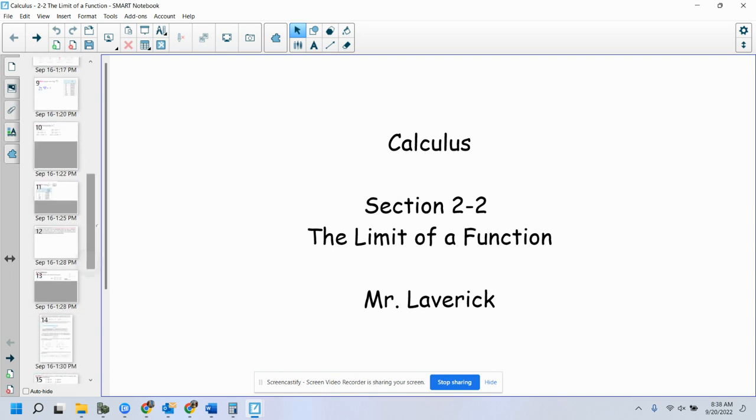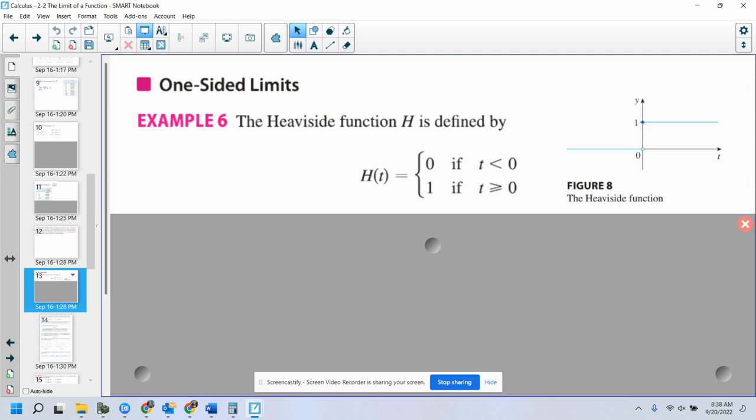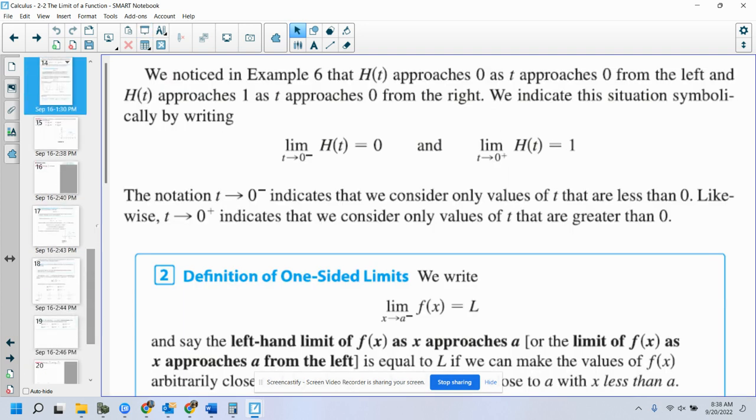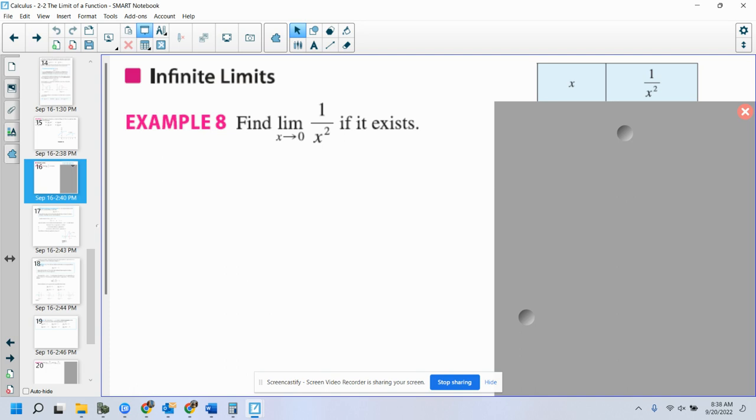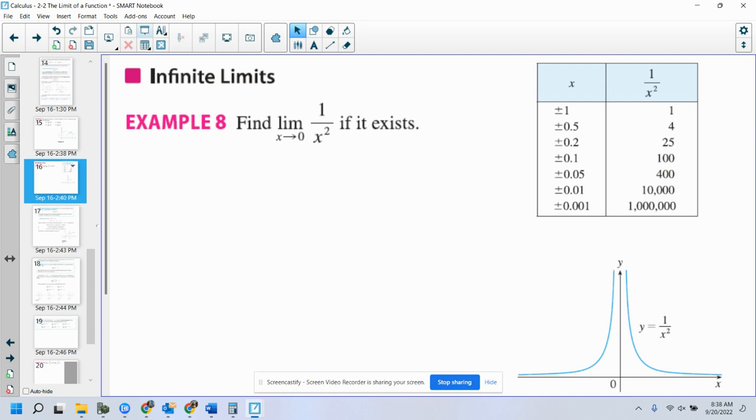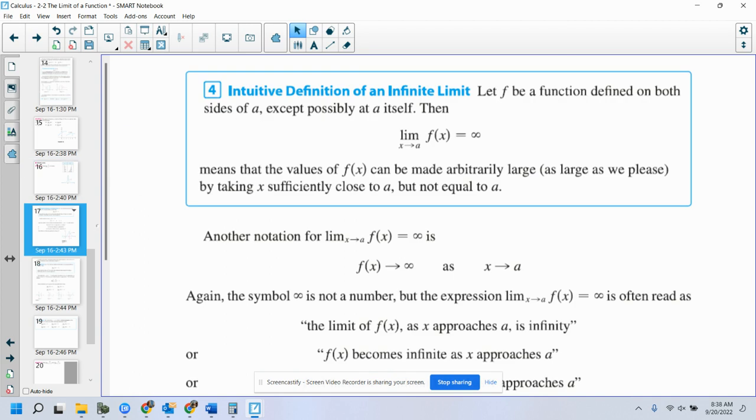Okay. Alrighty. So we talked about the Heaviside function. We talked about left-hand, right-hand limits. And then we started talking about this idea where if you input values of x closer to 0, the bigger the values get. These are infinite limits: as I take x closer and closer to a, in this case x going closer and closer to 0, the value of the function gets infinitely bigger. It doesn't converge to one number, but it gets as big as it possibly can get. And that is the idea of an infinite limit.